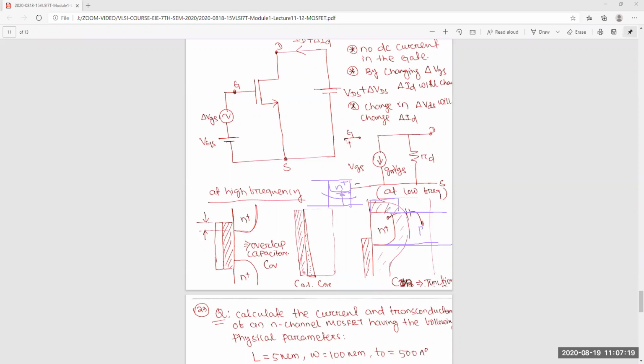channel stop regions are there. Already we discussed the isolation technique in the first or second or third class. Shallow trench isolation, a device to avoid unnecessary current flow. That's why we use some channel stop implantation. This is P type doping or acceptor type doping, Na plus, like that. So this is N, this is P, so here also you will get some depletion region.